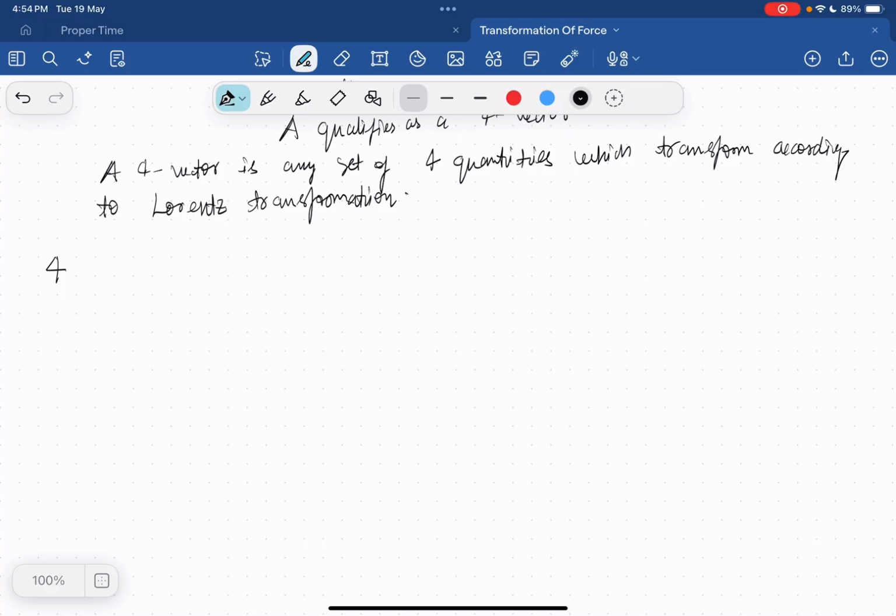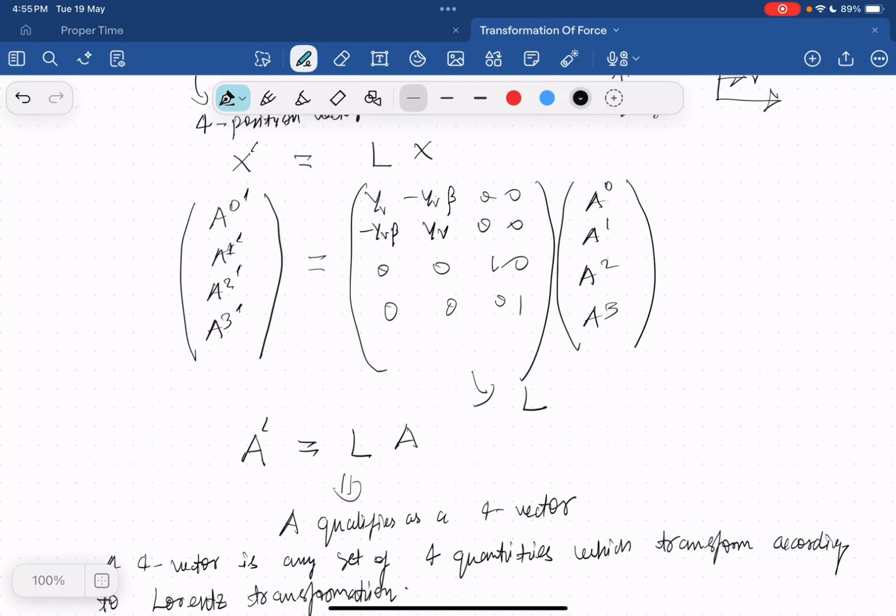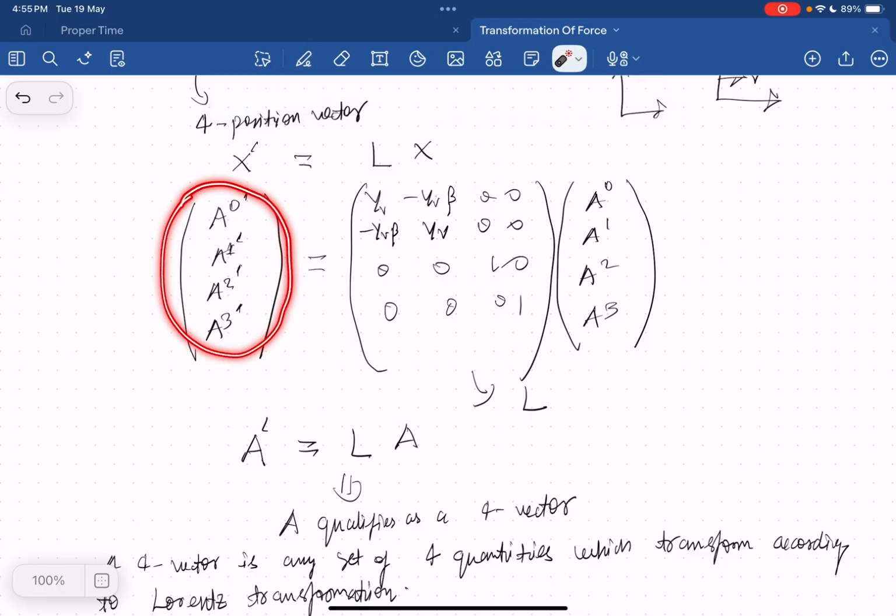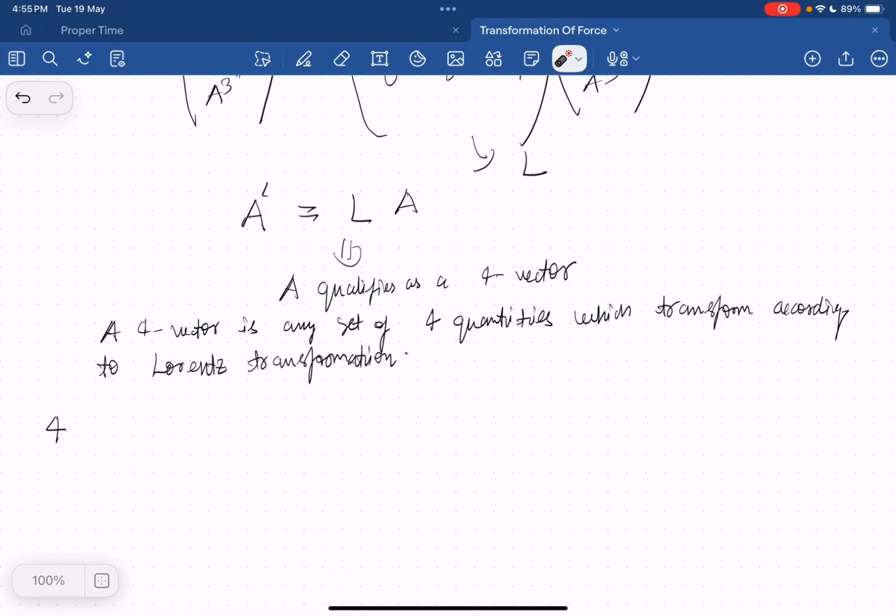From frame to frame, the components of a four vector change, but there is something called the norm of the four vector which remains invariant. So if we have a four vector A